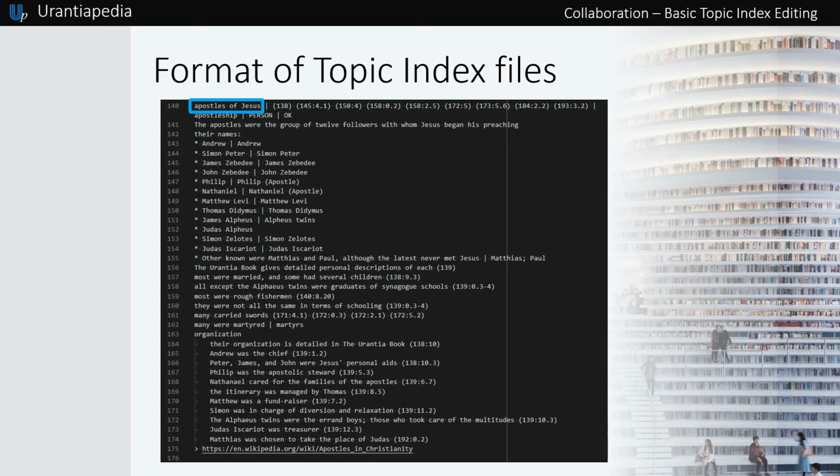At the bottom of the resulting page, an indication is added saying "See also," followed by the references found in the header of the topic. Notice that the header of the topic has a link to apostleship, and also the lines with the list of apostles have a vertical bar and links to topics or to the apostles. These links appear in the links section added at the end of the page.